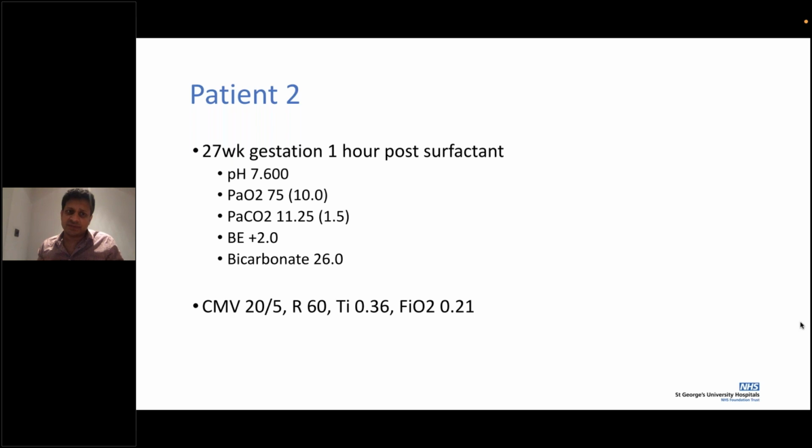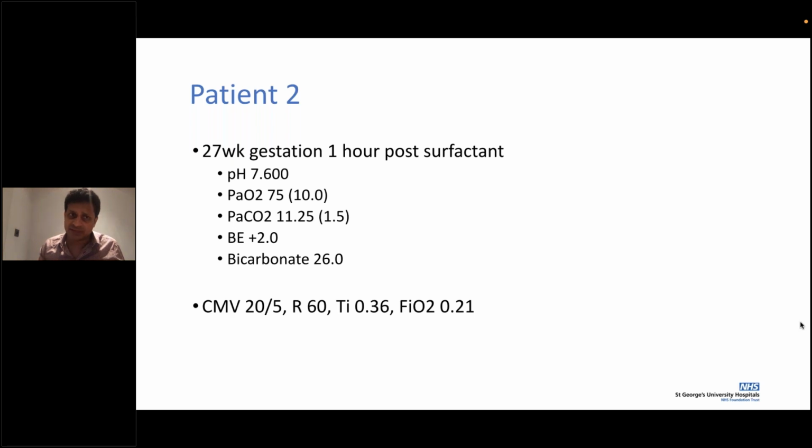So if you set it at 5 mils per kilo, the pressure will auto-regulate to deliver that 5 mils per kilo. In that case, you're not worried about whether it is 20 of pressure that I need, or 18, or 17. It may just be the baby needs only 14 or 15. In that case, you've done the right thing. The question is whether it should be a SIMV or PTV mode on a volume control. Now that's a questionable one.